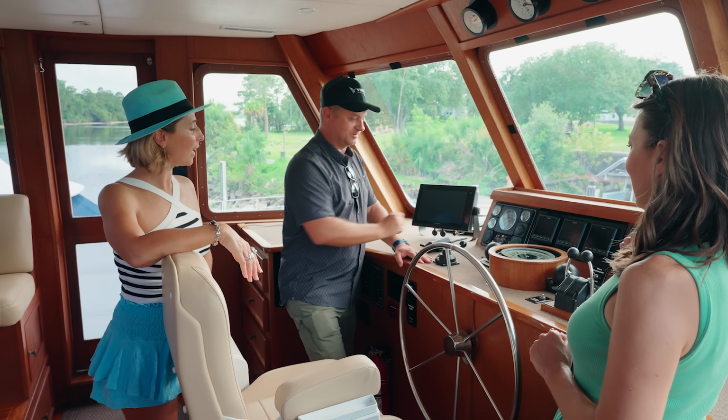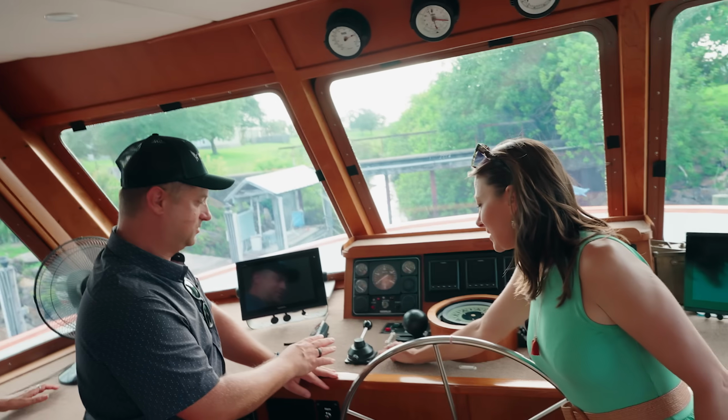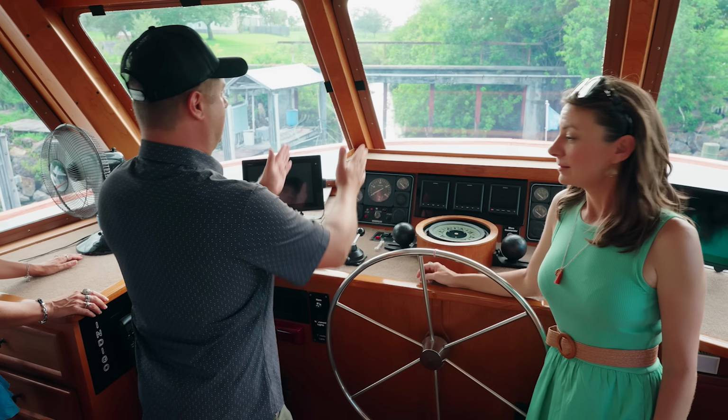What's that? This. Ah, your favorite. This is very commercial. Well, it looks like a mount that you would use for a camera, so I'm clueless. That's your pre-select for the rudder. So let's say you're going down a river and...